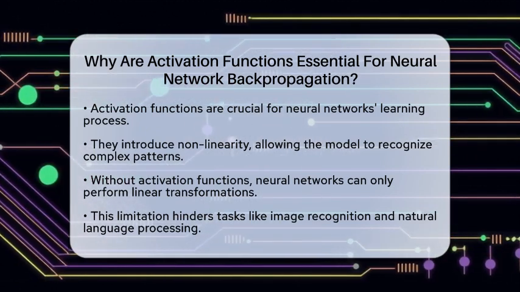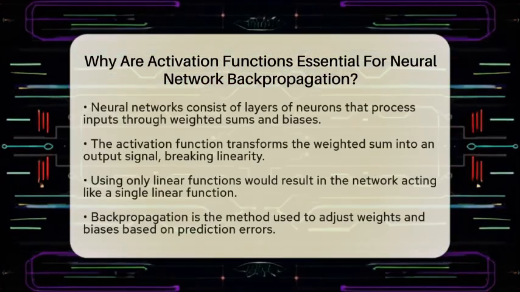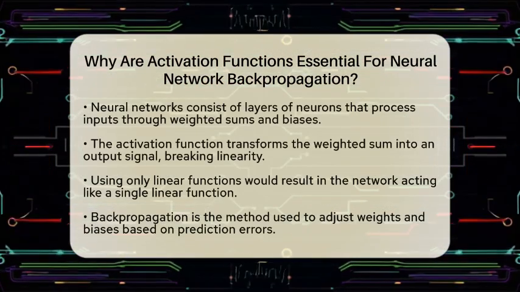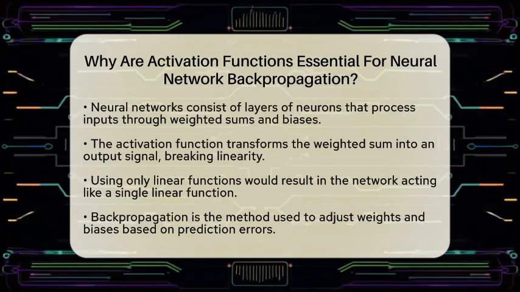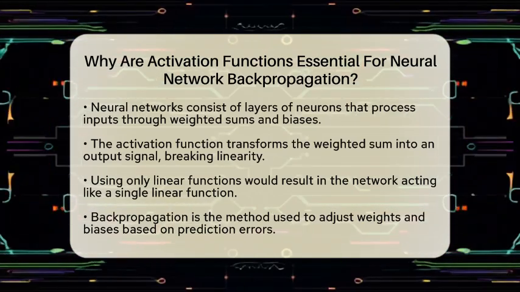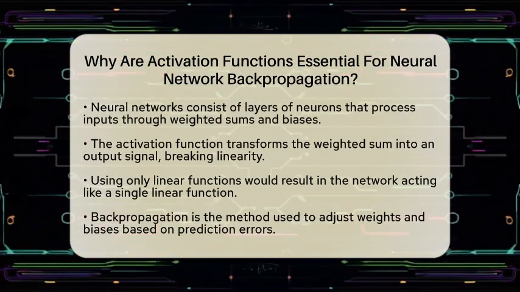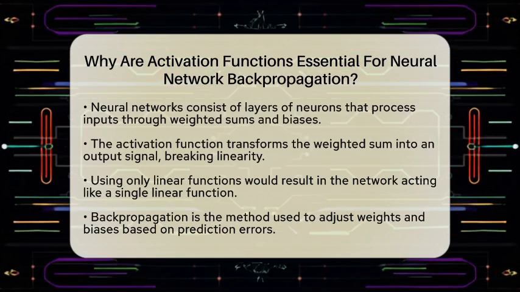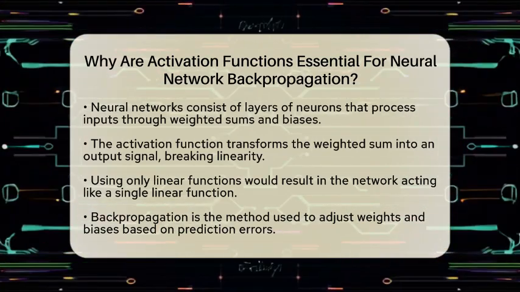Now let's look at how this works. Neural networks consist of layers of neurons. Each neuron takes inputs, applies a weighted sum, and adds a bias. This sum is then transformed into an output signal by the activation function. This transformation is what breaks the linearity. If we only used linear functions, the entire network would behave like a single linear function, which is not helpful